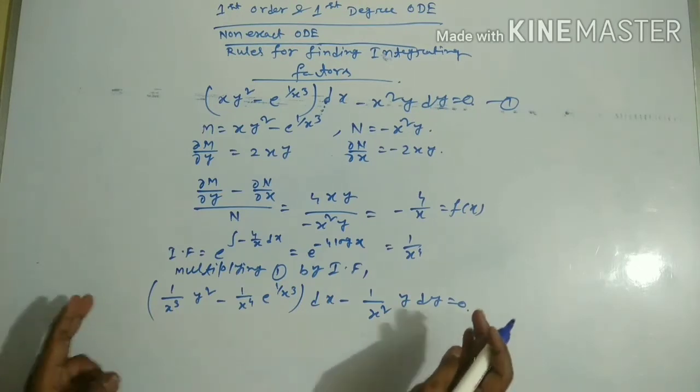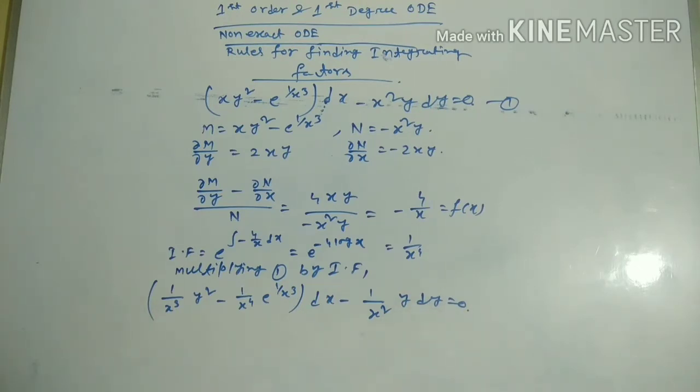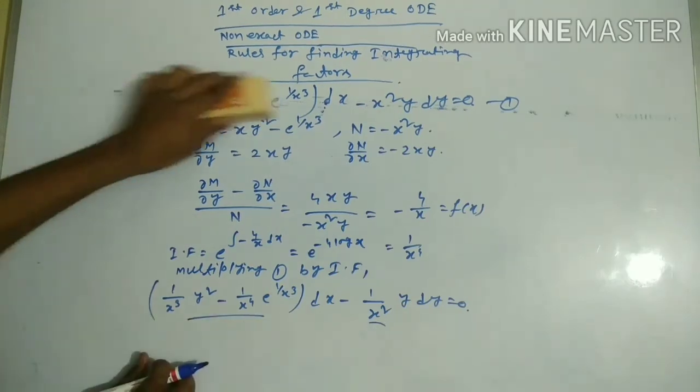So now this equation is an exact equation. Now to solve this equation, we will follow the procedure of solving exact ODE I have told in the previous video. Now we will solve this equation. So here M is this and N is this. Okay. So for solving,